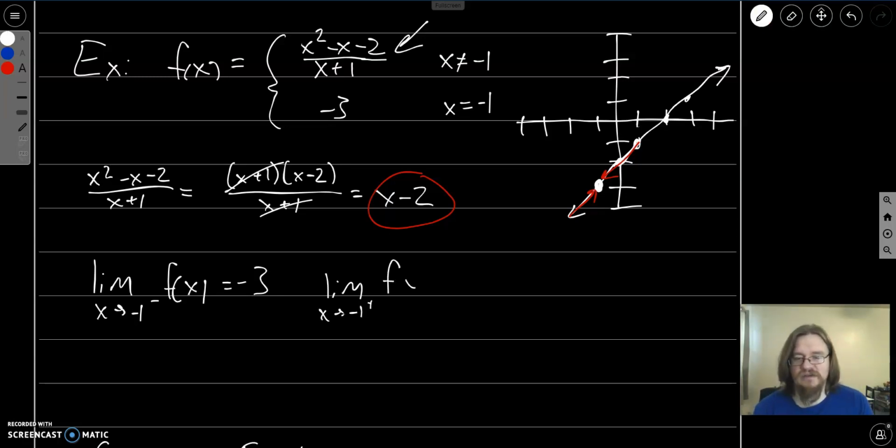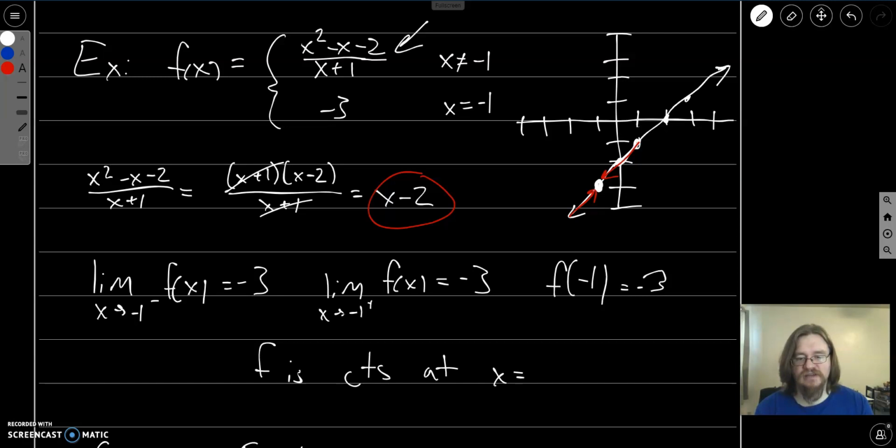So the limit of f of x is going to be equal to negative 3 as well. And if I just plug in negative 1, again, I'm not using the top part of the function anymore, because that's when x is not equal to negative 1. When x is negative 1, our function is just -3. So f is continuous